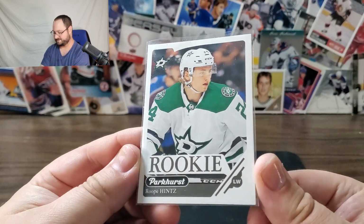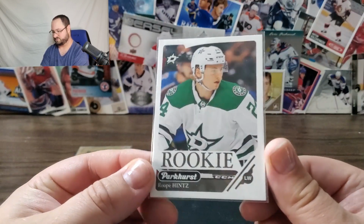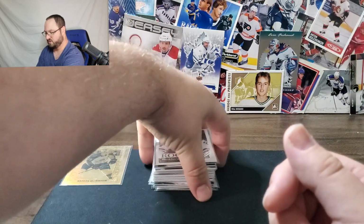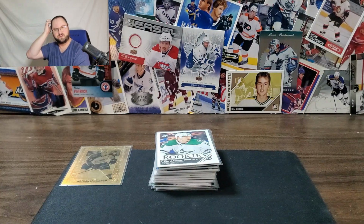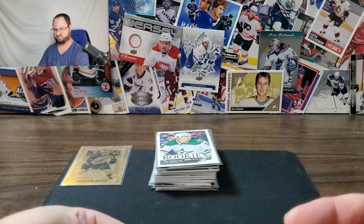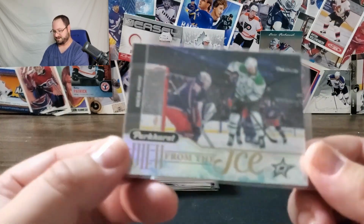Rupe Hintz. I've actually had a few of his rookie cards sell a little while ago, and it was just so random. It was just like, boom, boom, boom, boom. I think there were a few in the shop, and all of them just sold within the same week. It was just really strange. It was quiet, and all of a sudden, boom, boom, boom. All these people are interested in Rupe Hintz now. Anyhow,